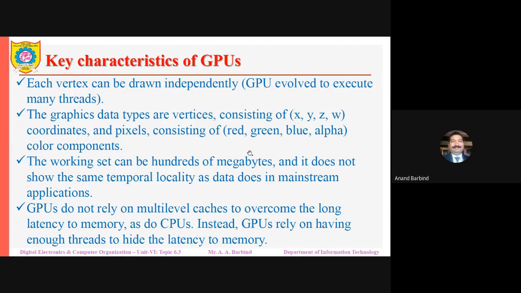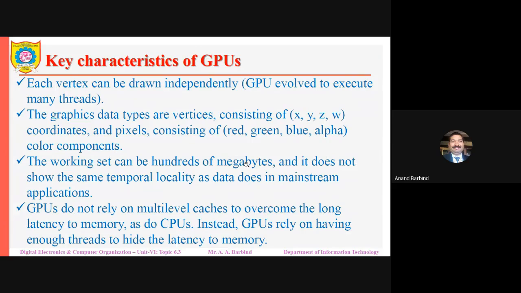Typically in two-dimensional graphics, it will be the xy coordinate, whereas in three dimensions, it will be the three coordinates where that particular pixel is to be drawn. So whether you are using 2D graphics or 3D graphics, based on that, the working set can be hundreds of megabytes. There will be a large number of such collections of pixels, and the GPU is working at a time with this